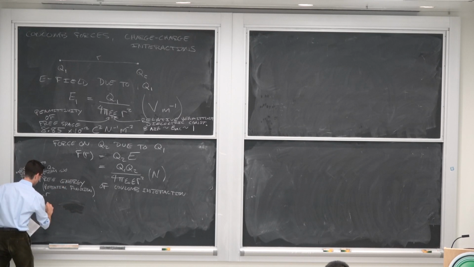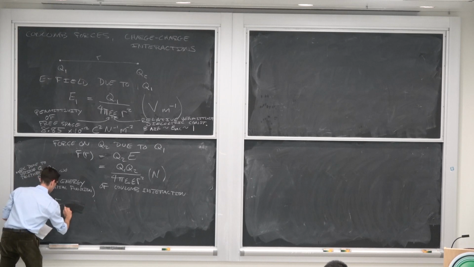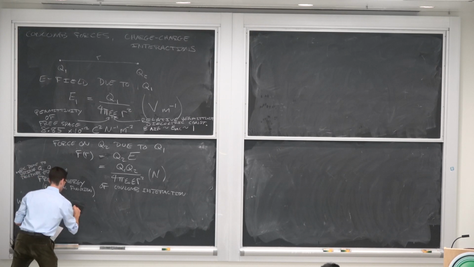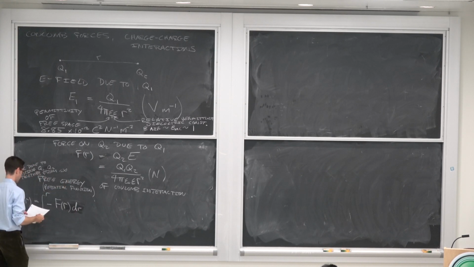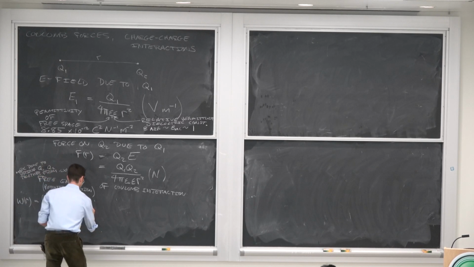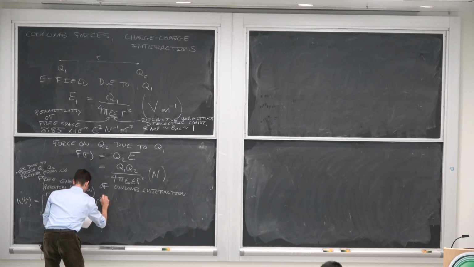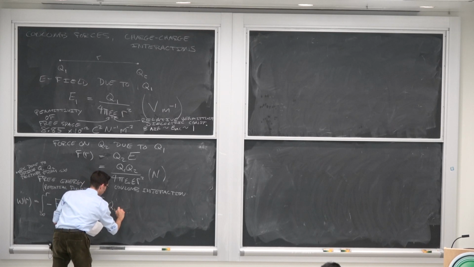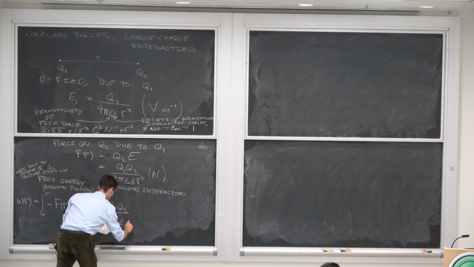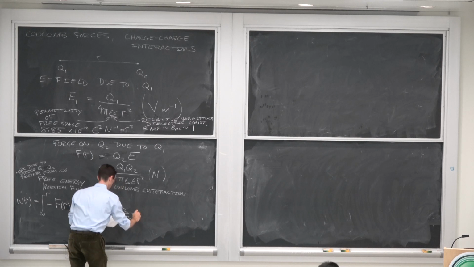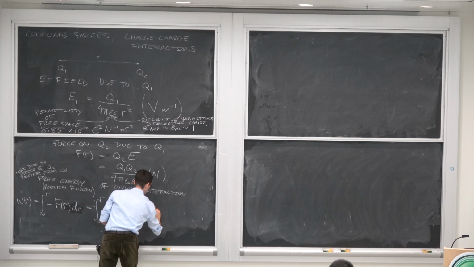So infinity to r of minus f of r dr. So we have minus, equals minus the integral from infinity to r of Q1 times Q2 over 4 pi epsilon naught epsilon r squared equals plus Q1 Q2